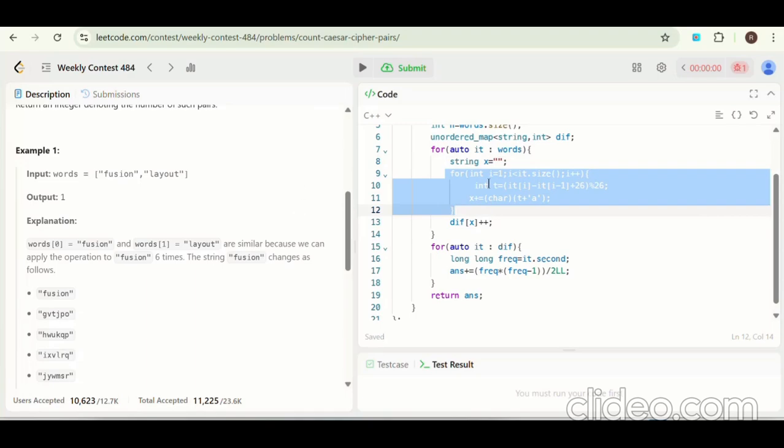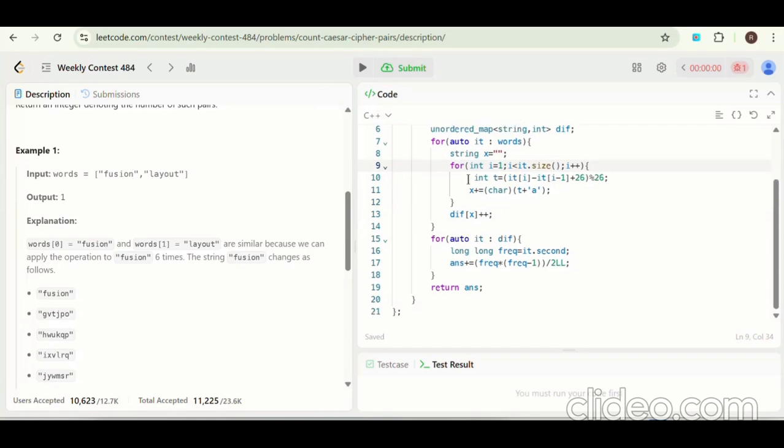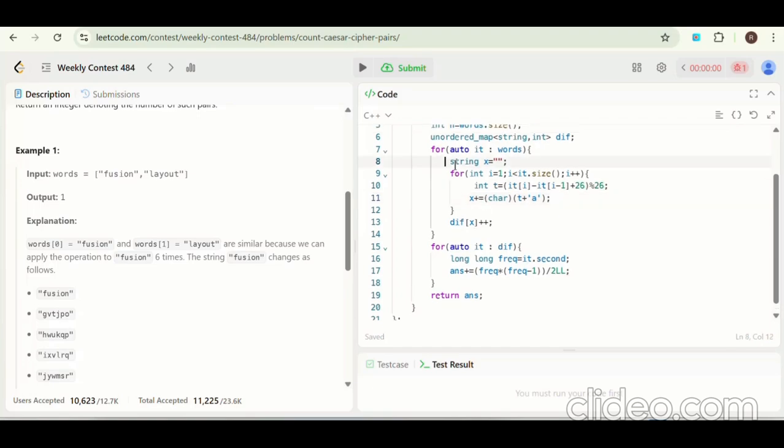we will loop from the 1st index to the last index in this fusion word. So it will start from the 0th to n, and what we are doing is trying to find the difference. Like if you do u minus f, s minus u, i minus s, o minus i, and n minus o. So we'll try to find out this difference. Then I will do u minus f, whatever value comes, I will change that to a character and add it to this string.